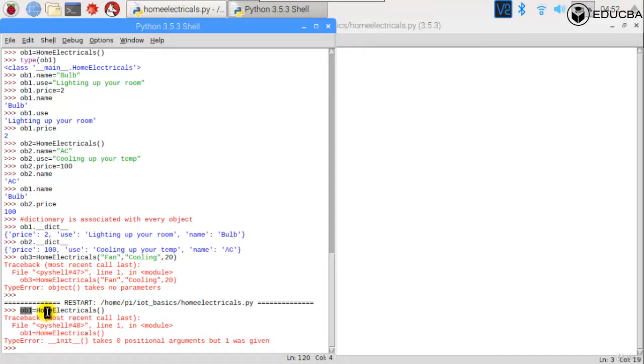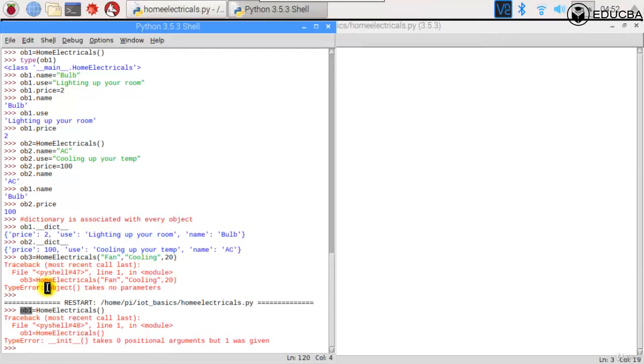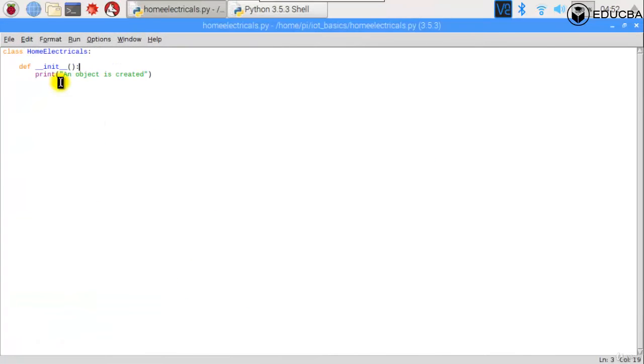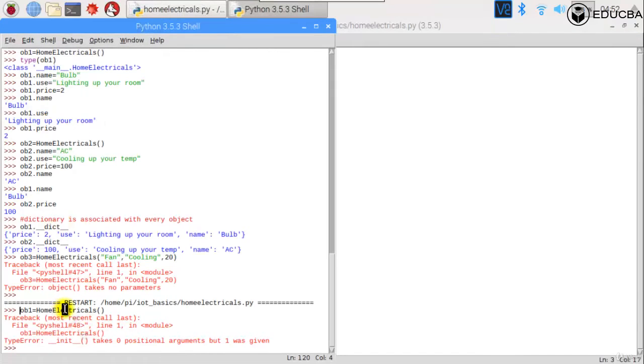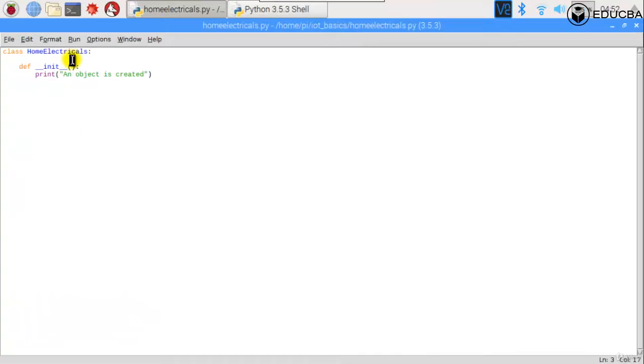It passes its own address as one of the parameters in the init method. Hence, you need to take that parameter into a variable every time you define a method inside a class.